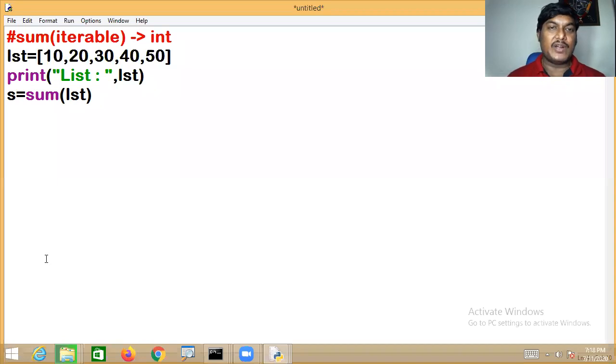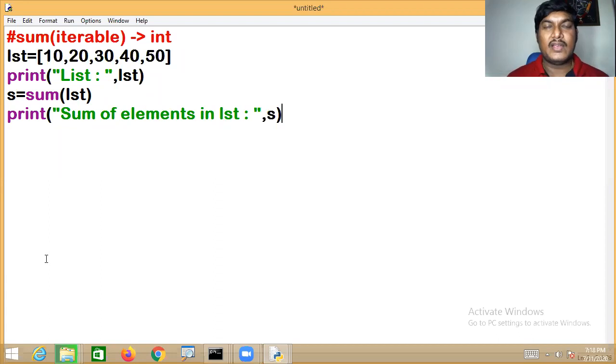Then finally, if you want, you can print that result: the sum of the elements in LST is, you can print. You guys do not require to write any logic to find the sum of the elements existing in the list collection. The reason is there is a predefined function already given for you. You can use it directly.